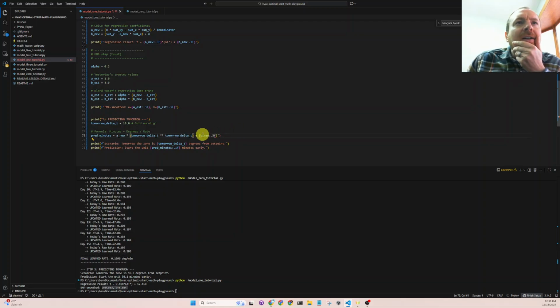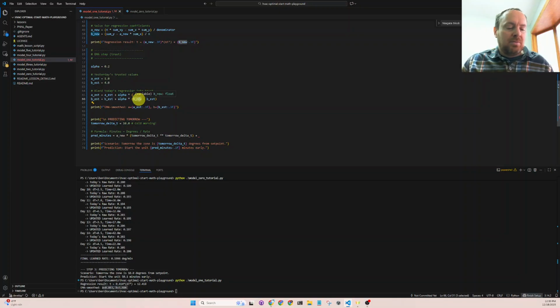And then our b parameter plus our b parameter, we just add this. B new, A new, B new. So the units would be minutes would equal